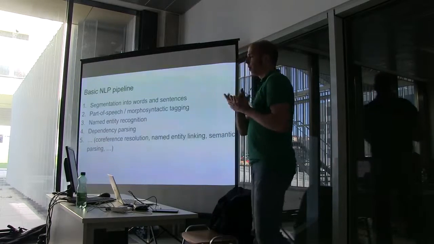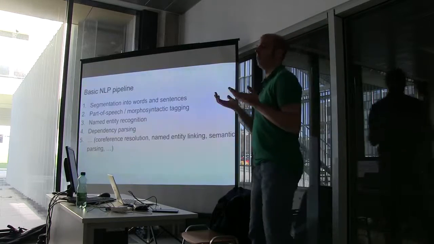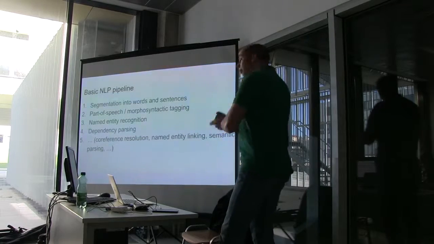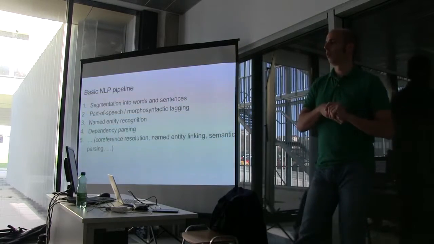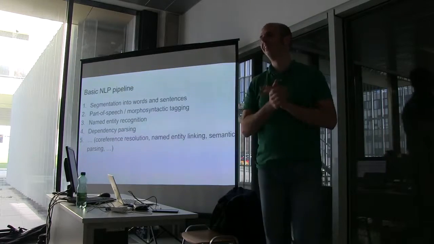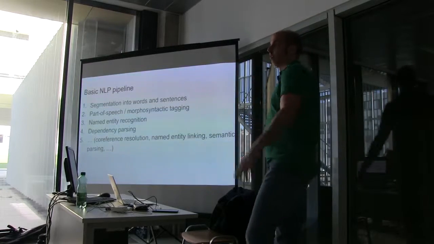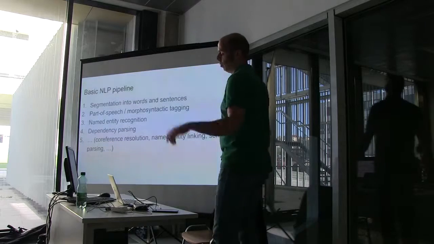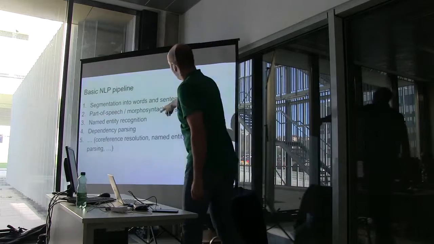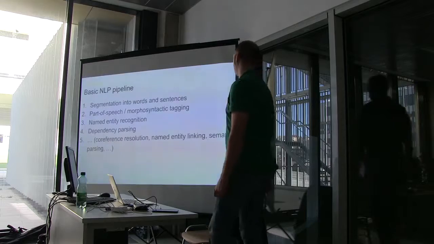Then named entity recognition, we have heard about that today already. It's identifying entities like locations, organizations, people, etc. Dependency parsing is maybe a little bit more tricky, more abstract. Does anybody know what dependency parsing is? Except you. So it's actually analyzing the structure of the sentence in one of maybe two possible ways. And there are many other things. So these things we have roughly covered for our languages. Some of them for all languages, some of them just for a few.